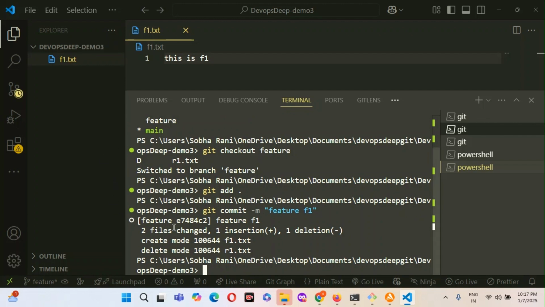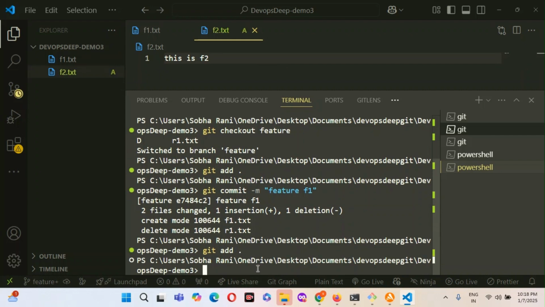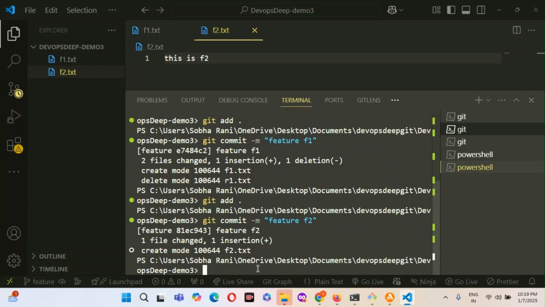So it is created. f1.txt is created. Again, I am going to add f2.txt. So I will create f2.txt and enter f2. So here I git add the f2.txt file. And git commit, sorry, future f2. So in future branch I created two files, committed as future f1 and future f2.